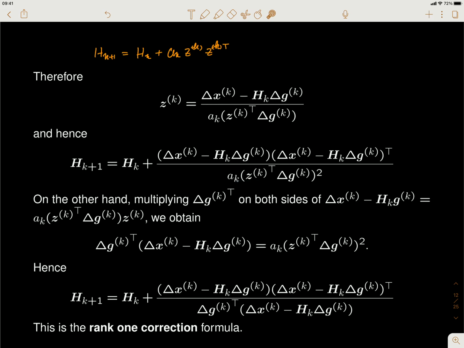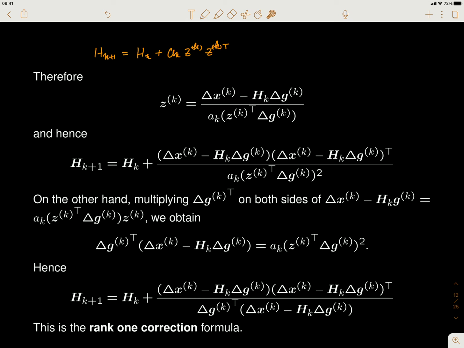So you can do that simply by plugging this ZK into these two. It's not that complicated as long as you realize that this will be just a vector on the numerator, and this is a scalar on the denominator. So the ZK ZK transpose is just the outer product of the numerator, which gives us a rank 1 matrix, and a scalar, the square of the denominator, which gives me another scalar on the denominator here. Okay,